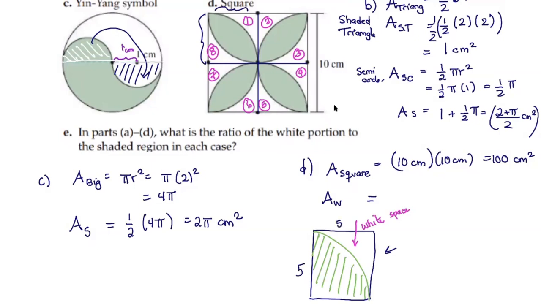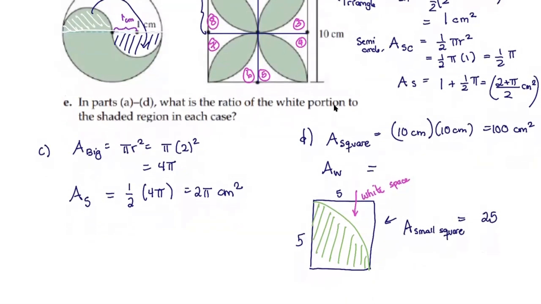5. And so the area of the small square is going to equal 5 squared, or 25. The area of the quarter circle is going to be 1/4 of pi r squared. Its radius is given by 5, and so we'll get 1/4 pi times 5 squared, which will equal 25 pi